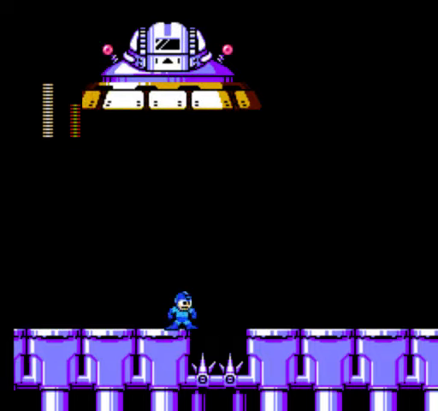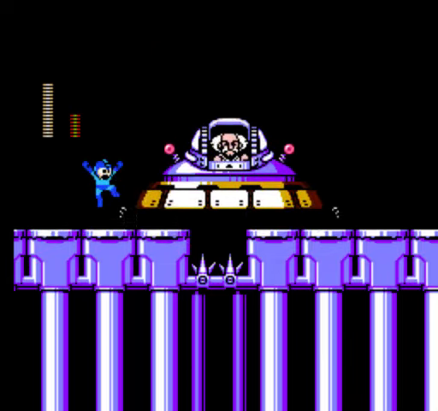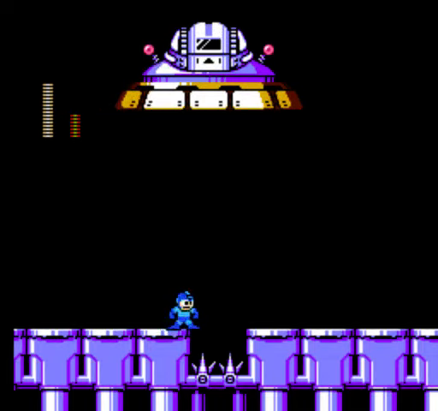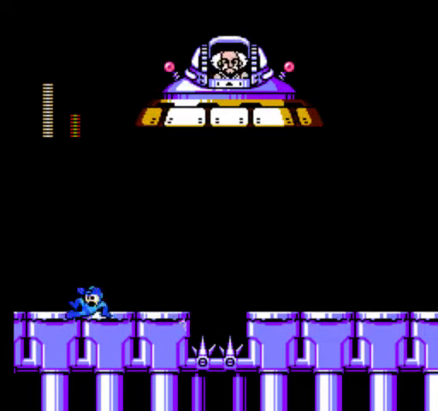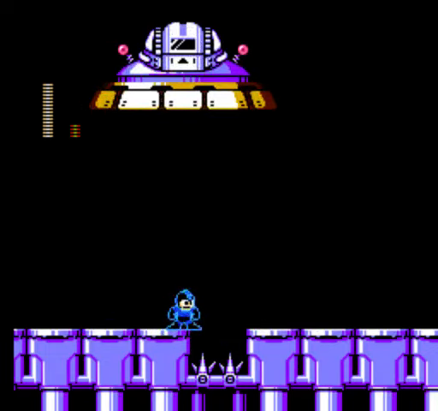Okay, let's see if we can just get him to move back and forth right here. I'm glad he doesn't insta-kill you when he lands on you, though, because that would make this fight more dangerous, certainly. Maybe not much more challenging, but...